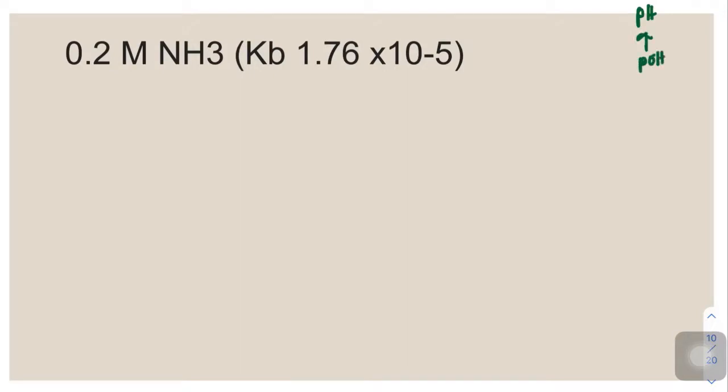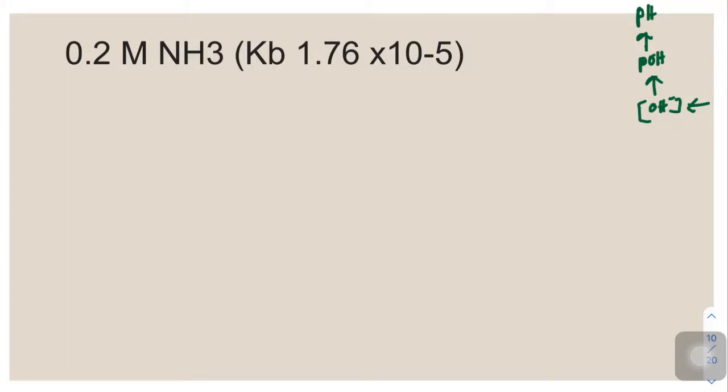To get the pOH, we have to have the hydroxide's concentration. Okay, so this is ammonia. It is partially ionized, so we have to get the concentration of the hydroxide ion that will be liberated by this weak base, okay, by